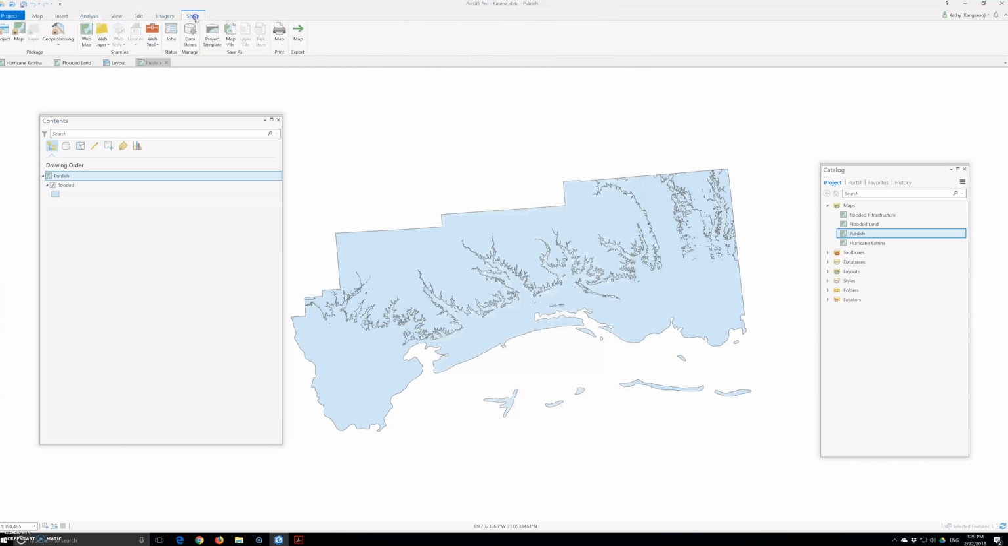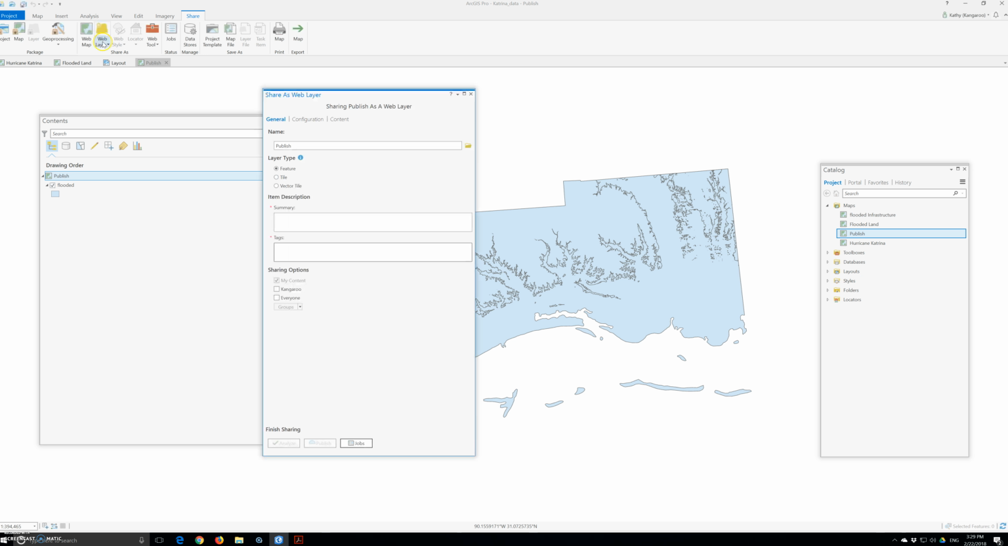So we will go to share. And once we go to share, we will click a new web map. So publish web layer. Web layer, and we will say the name is flooded, and for the summary we will put flooded